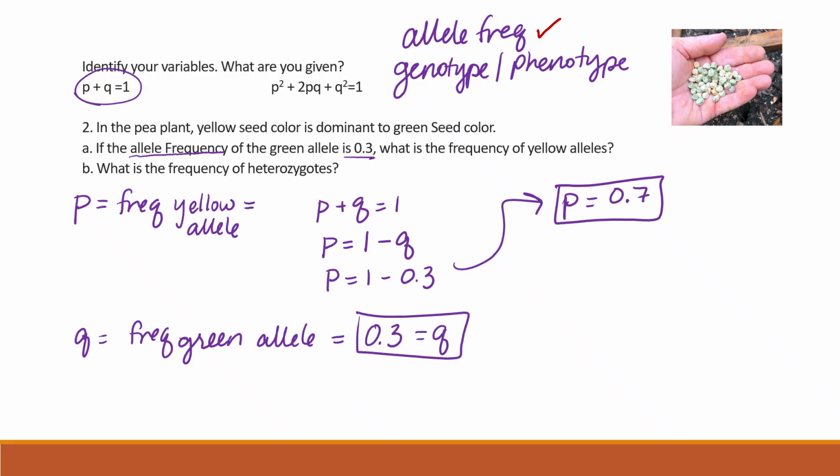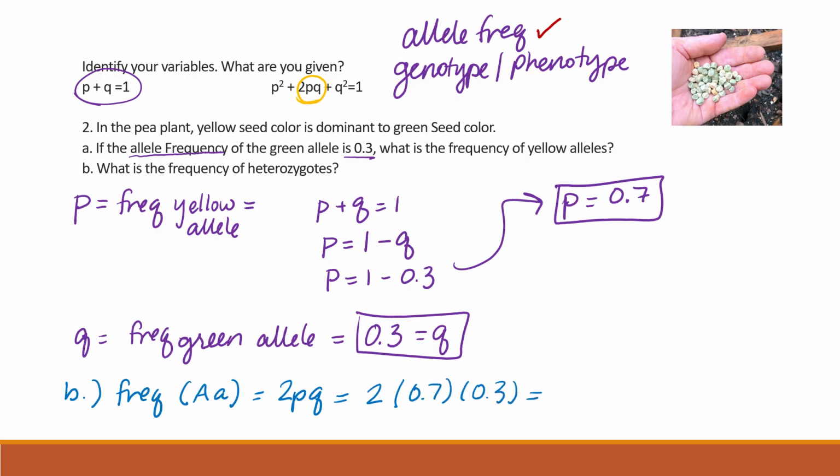To answer this question, we need to look at our second equation. And in our second equation, we know that 2pq is equal to the frequency of the heterozygotes. So for part B, we are looking for the frequency of our heterozygous individuals, which is going to be equal to 2pq. So we can go ahead and just plug those values in. 2 times 0.7 times 0.3 is going to be equal to